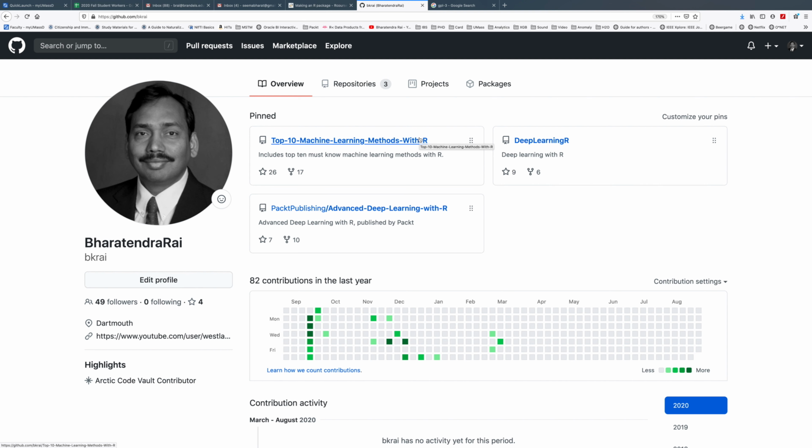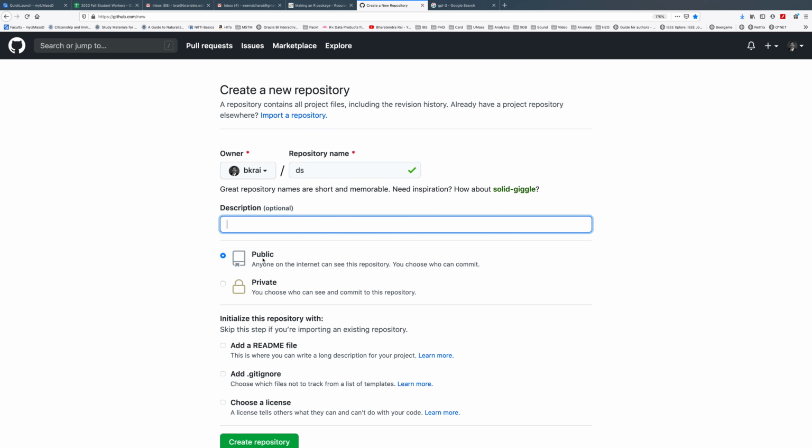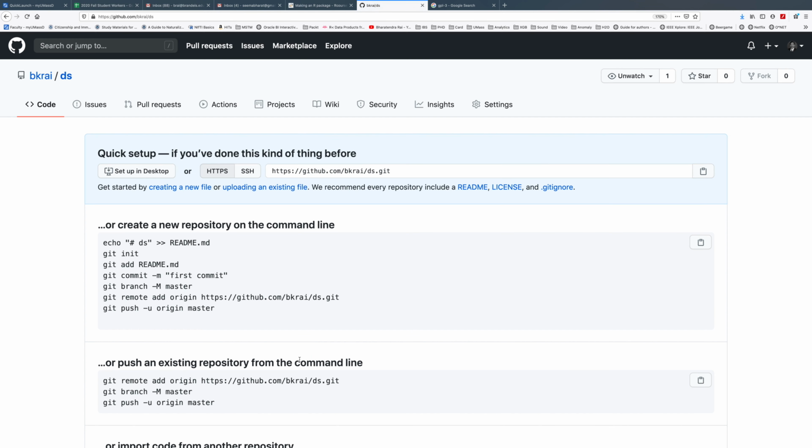If we go to GitHub, we can say add new repository, and let's keep it simple and name it ds for descriptive statistics. So it does say that ds is available. So I'm going to keep public so that we can install it. And at this time I'm going to skip all these and simply create repository. And then there is the option to upload existing file. So let's click on that.